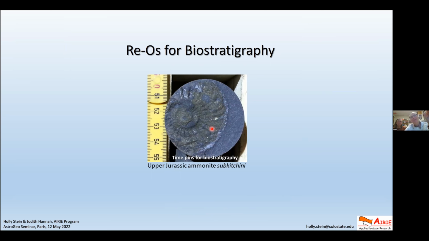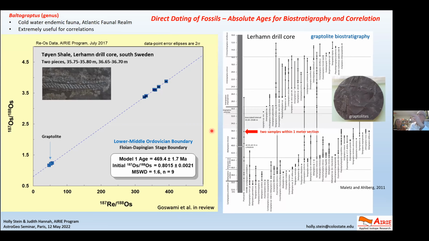We can date the sedimentary record. And for the biostratigraphers, we can date their fossils. We date sulfide, we date organic material in the shale to tell time. And here's another example. These are graptolites in the Ordovician. I don't know how many of you know very much about graptolites. Of course, I learned what they were, and they were very prominent, especially in the Ordovician.